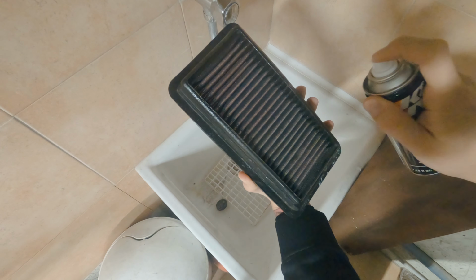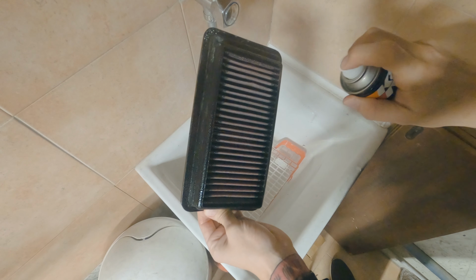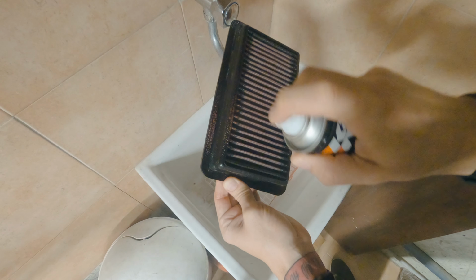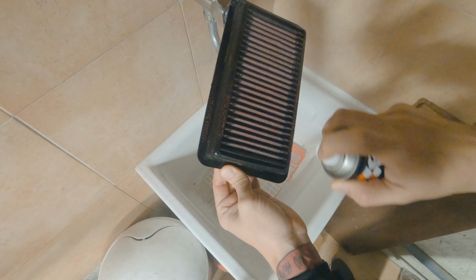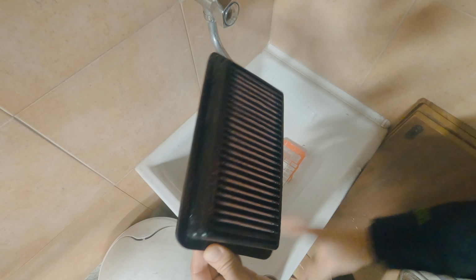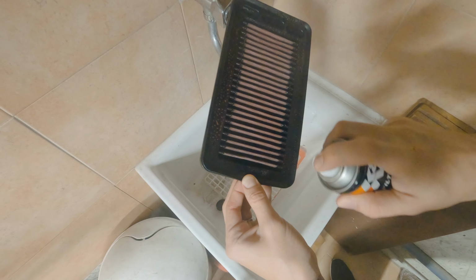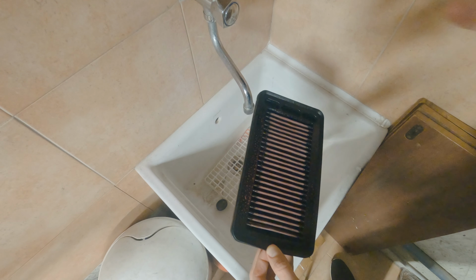Do it on both sides. Should be wearing gloves. And I like going cross section. So first I follow the lines and then just go perpendicular to them. Get that oil in there everywhere. Okay. Do the same thing on the other side. Okay. Oh, perfect. So, I'll just let this sit here,